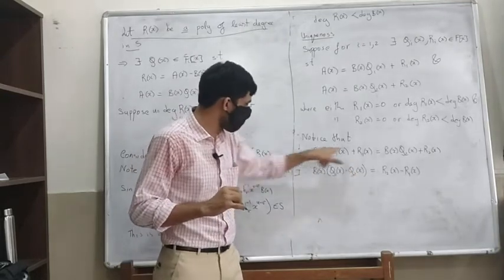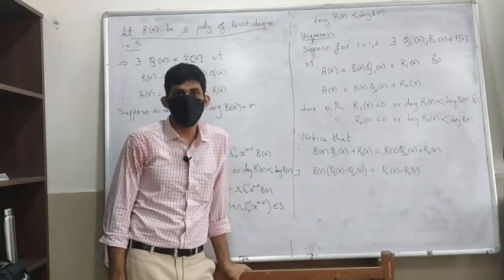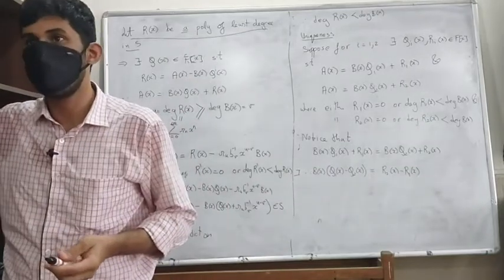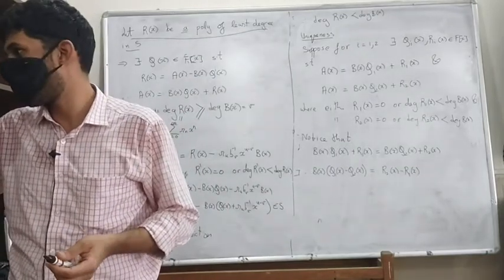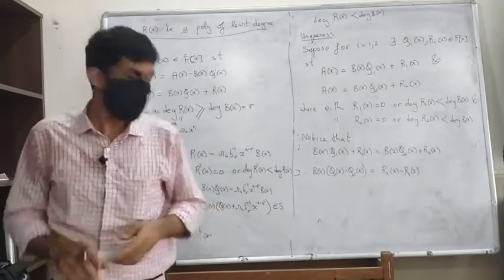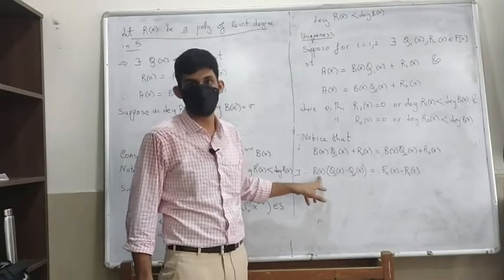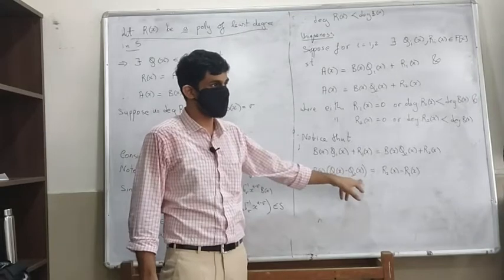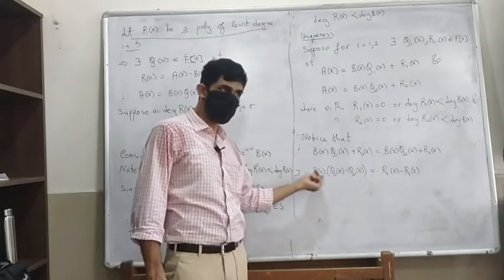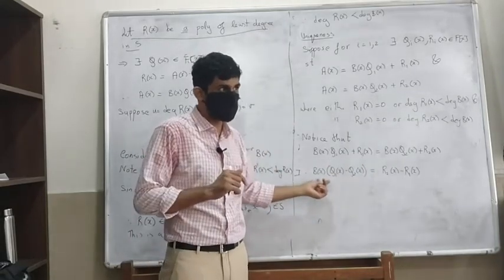What is going to be the degree of this? We know that in F[x], the degree of A into B is the degree of A plus the degree of B, right? This is a non-zero polynomial. We are given in the hypothesis this is non-zero. Also we know that this is not equal to this, so therefore this is a non-zero polynomial. Hence the degree of this is going to be the degree of this plus the degree of this, which is going to be at least the degree of B of x.